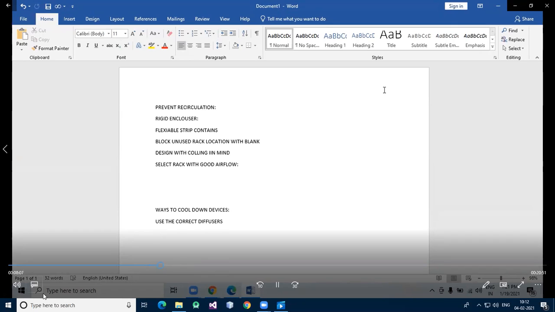Data center can be defined as data repositories, with system design for maximizing energy efficiency and minimizing environmental impact. So we are saying that the type of diffuser used in an office is not appropriate for a data center.